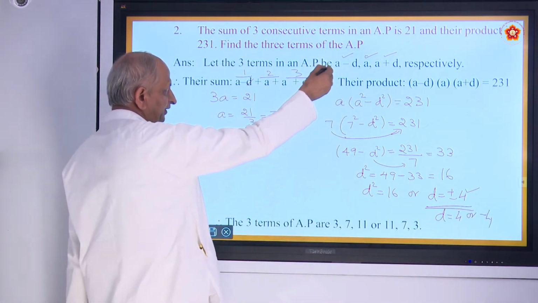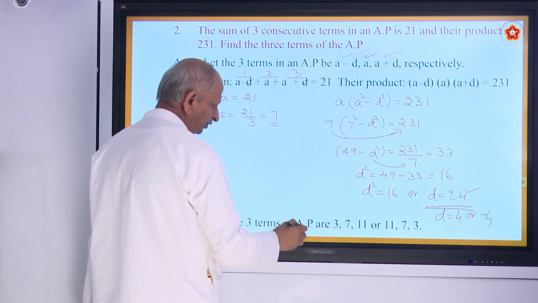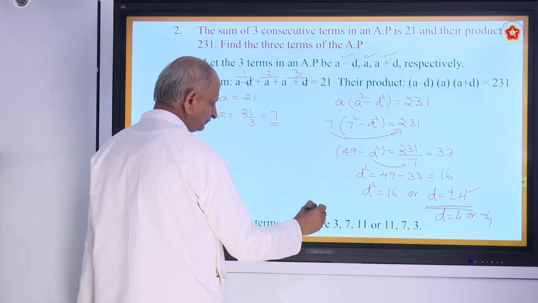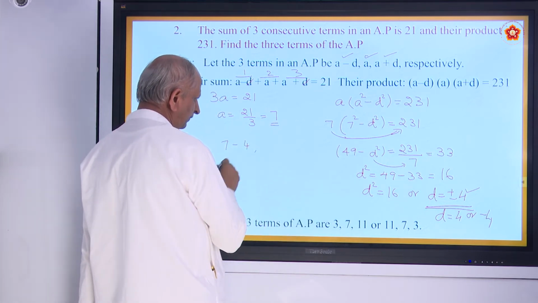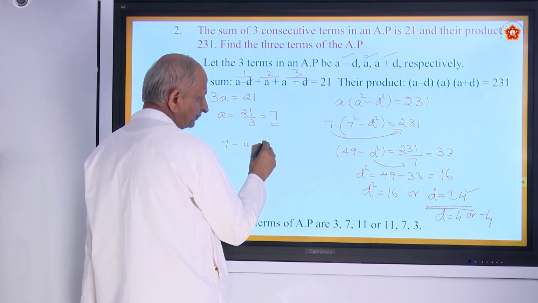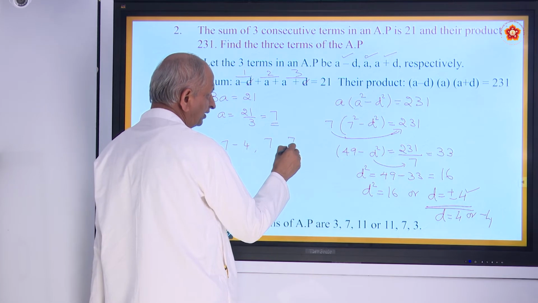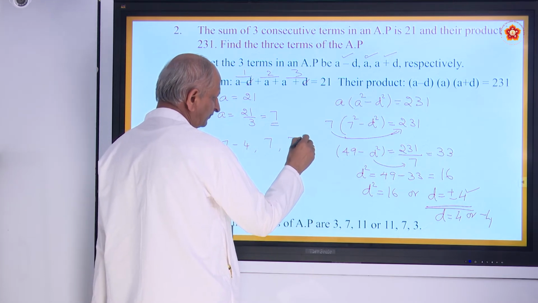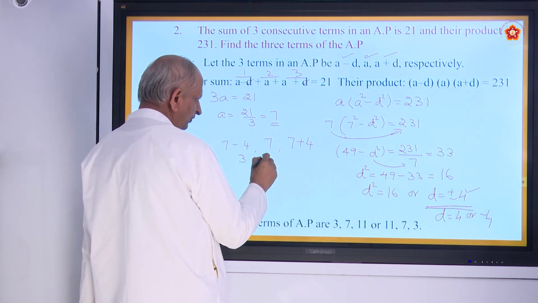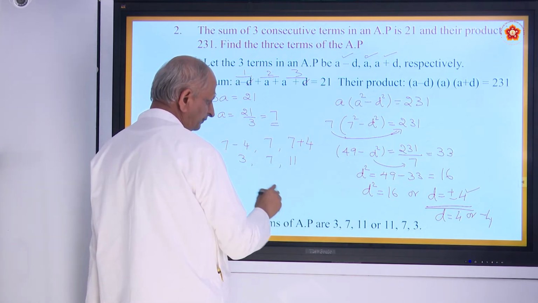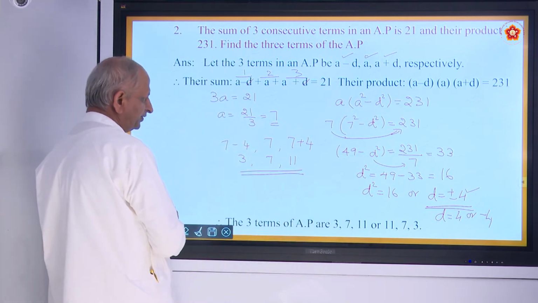So if you take this series here, A minus D, A is 7, D will take positive. 7 minus 4, 1. Second one, A, that is 7 only. Third one, 7 plus 4. So the series becomes 3, 7, 11. So that is the answer. One set. Second set,